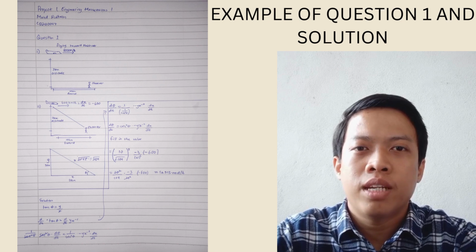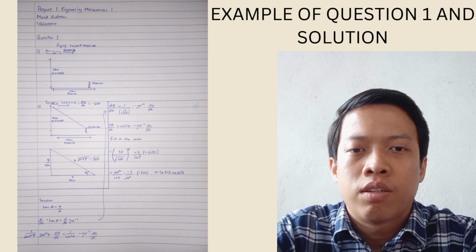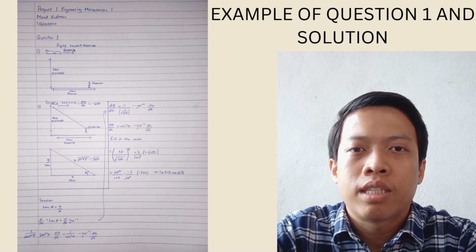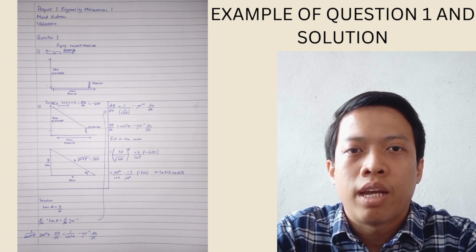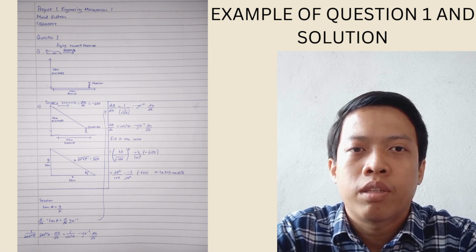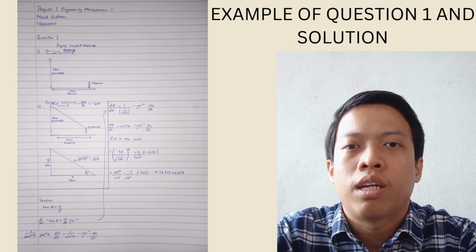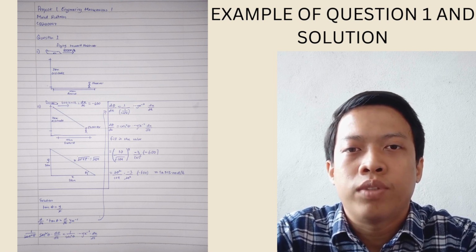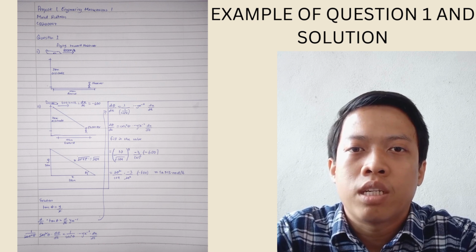Today, I want to present about Project 1, Engineering Technology Mathematics 1. For the first question, an airplane travels horizontally at 600 km per hour at an altitude of 3 km towards an observer that is currently 10 km away. And for the first question, we need to sketch a diagram of the given situation.